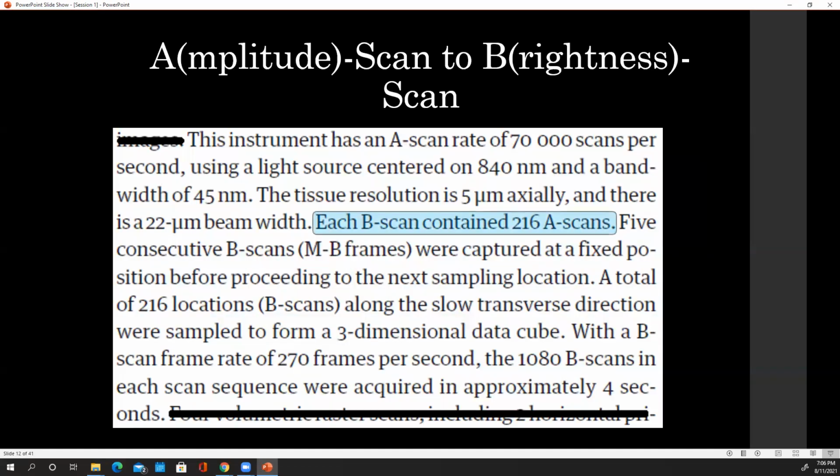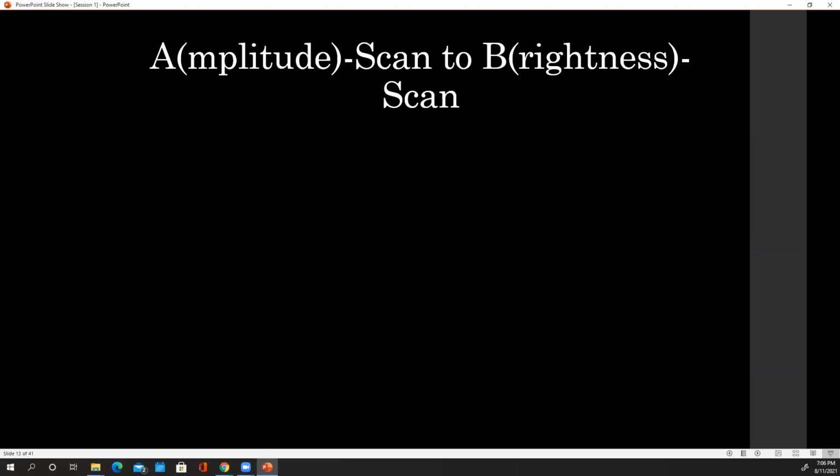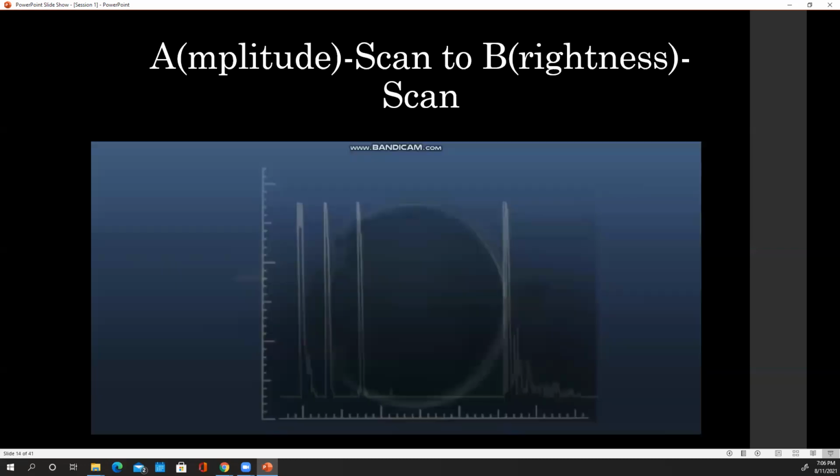Okay, now each B scan contained 216 A scans. Okay, so we're going from A scan to B scan, and you have an amplitude scan, and you're going to a B scan, but B doesn't stand just for the second one. It stands for brightness scan. So let's convert the two. So each B scan contained 216 A scans. What does this mean? So here is